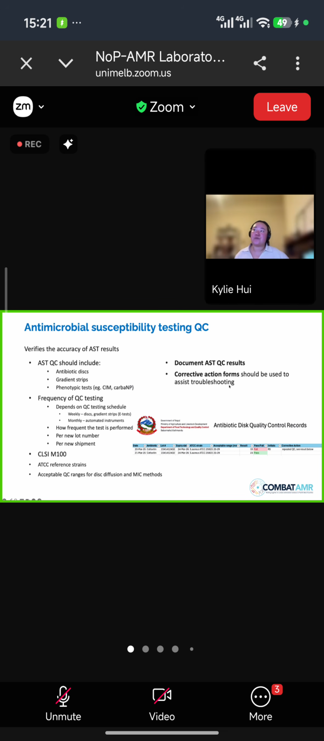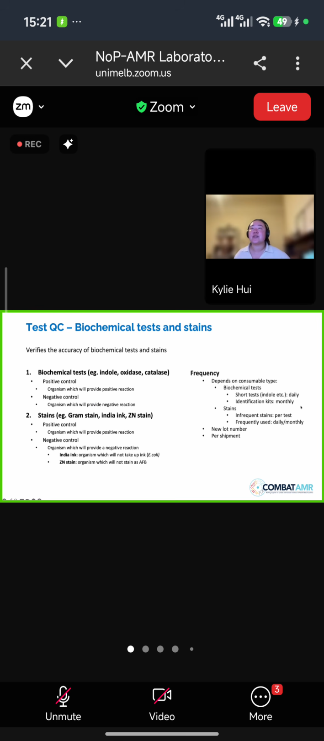So corrective action forms should be used to assist troubleshooting, and we'll go into that a little bit later. So with the test QCs, so biochemical tests and stains, it verifies the accuracy of the biochemical tests and the stains. So QC requirements are a little bit different depending on the tests, but for biochemical tests, I'm talking about